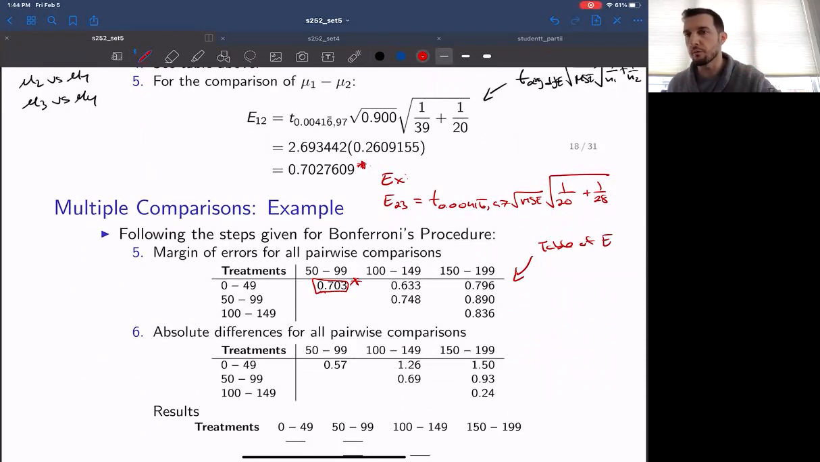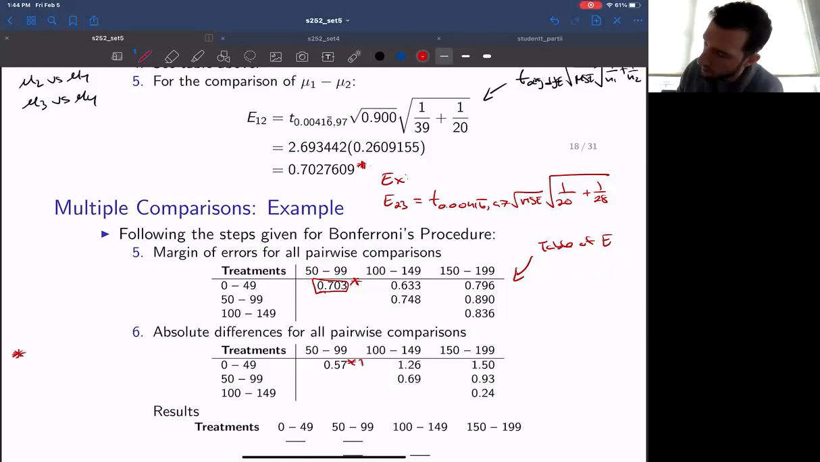So if we are working through a problem where every single group has the exact same sample size, we're going to have the exact same margin of error in all of our comparison slots. Then what we do is we build a table of absolute differences between the means. So for example here,